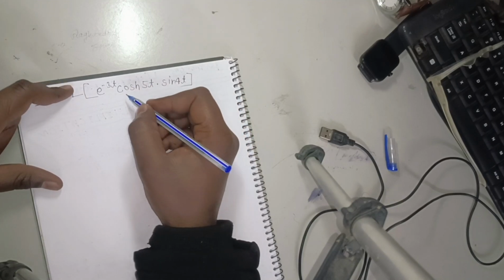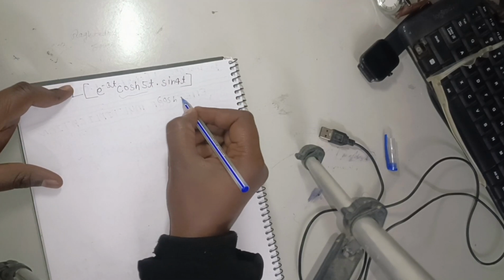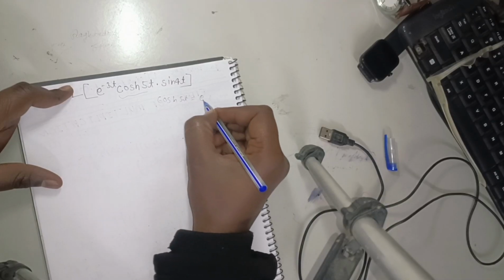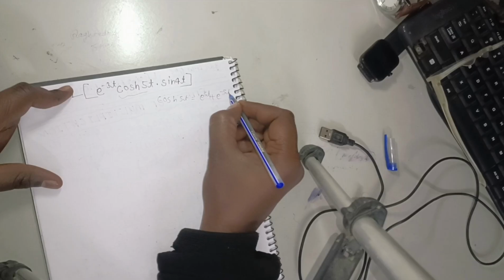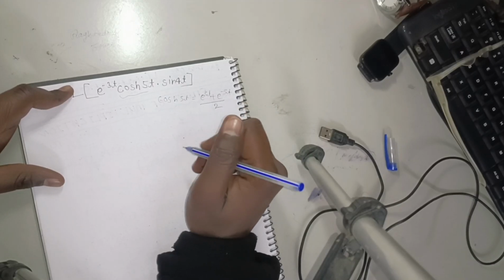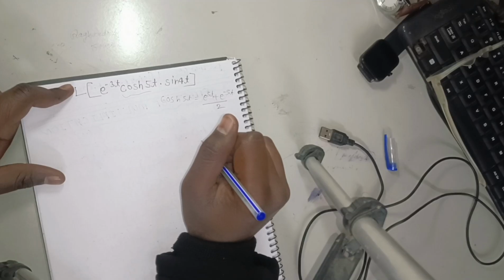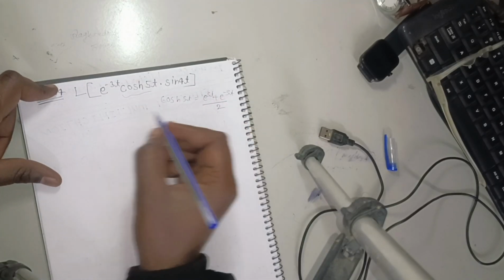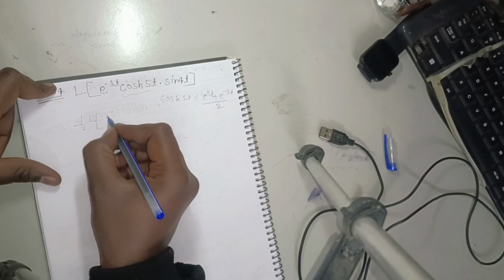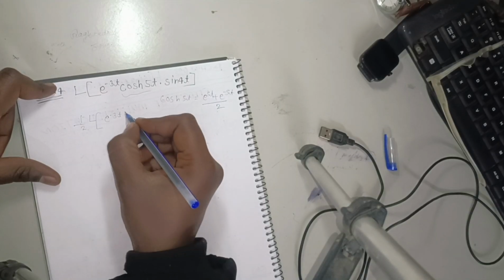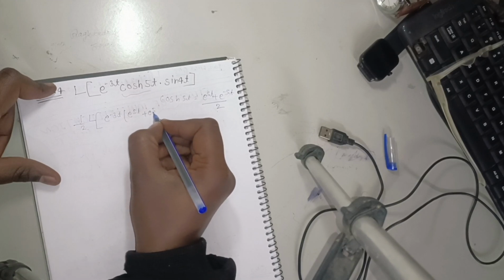Again, what I will do here is use cos hyperbolic of 5t, which is equal to e to the power 5t plus e to the power minus 5t upon 2. Okay, so I can take 1 by 2 as common. Laplace of e to the power minus 3t into e to the power 5t plus e to the power minus 5t